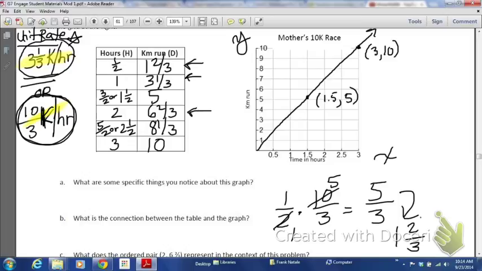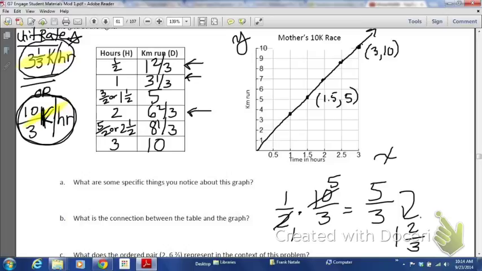than they actually are. But in this case, I plotted the 1.5 and the 5, where 1.5 comma 5 is right here, then 3 comma 10, which is right here, which is nice and clean. Now all the rest of these points, where we had 1 and 1 and 3 and 1/3, that's right there. Then we had 2 and 6 and 2/3. That's about right there. Okay, they're right about there. It's not quite right on the line. And then we had 2.5 and 8 and 1/3, which is about right around there. Okay, and you can see they all fall